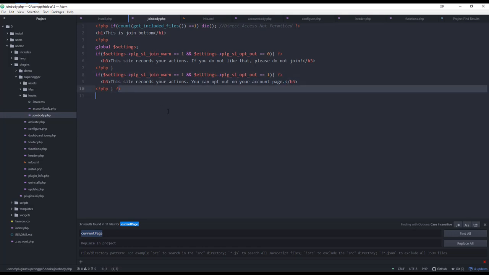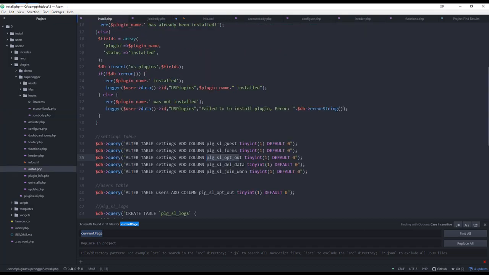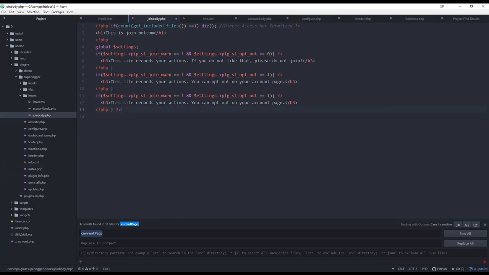And then let's do one more of those. Again, this is not the neatest PHP, I'm just getting it done. You could say if, let's look at this other one, if delete data, let's try this. If settings warn, let's do this, if there. And we'll say you can delete your data